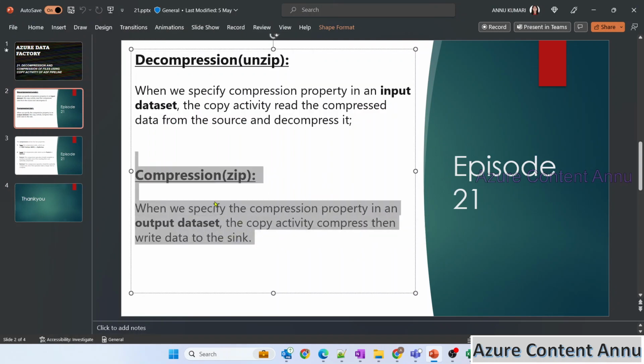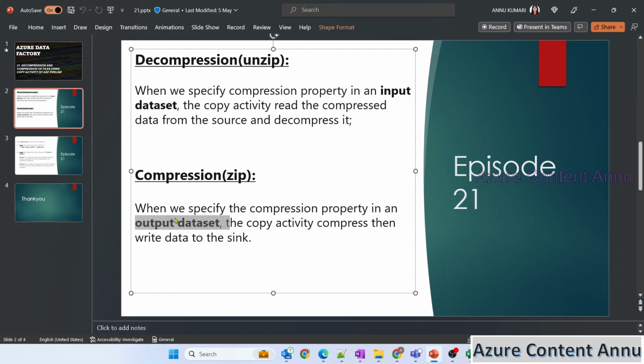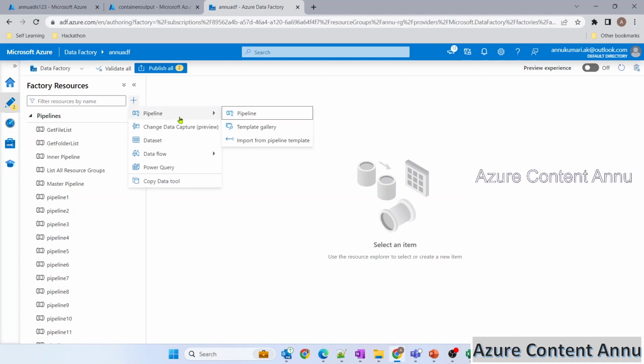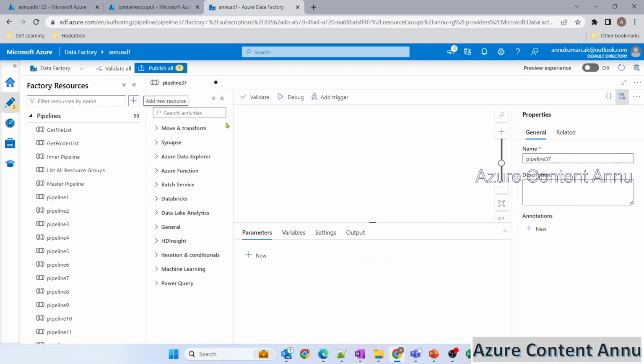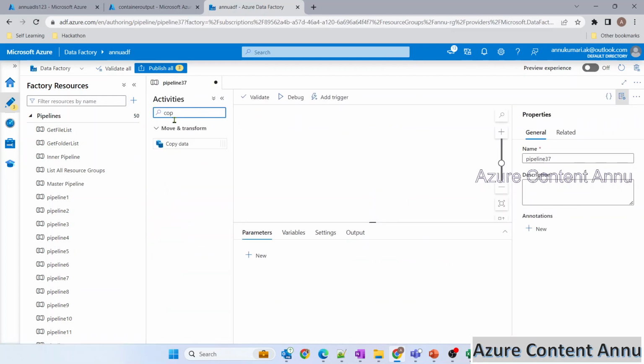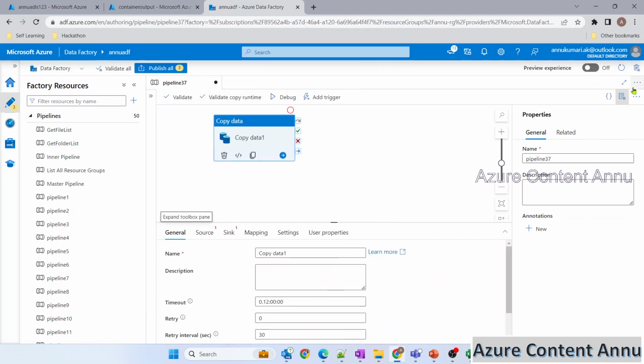Now we have to see the compression of files into zip format or any other format. For this, we need to select the compression property in the output dataset. We are not going to touch the compression properties in the input dataset, but we need to do that in the output dataset. So let me try to create a pipeline,